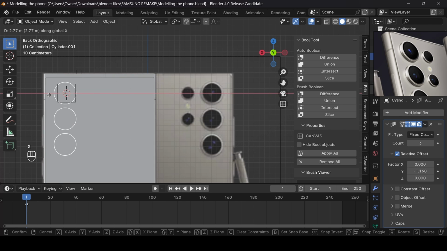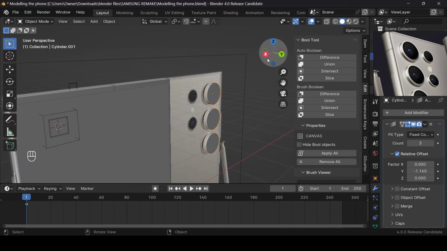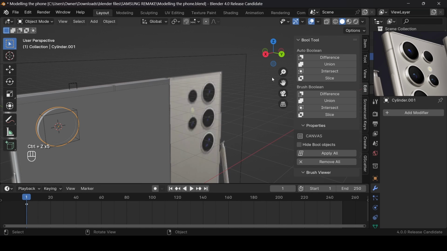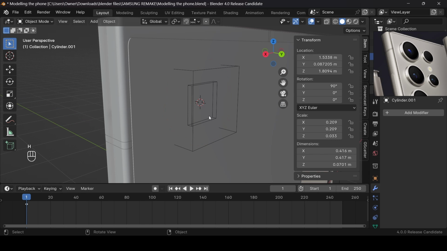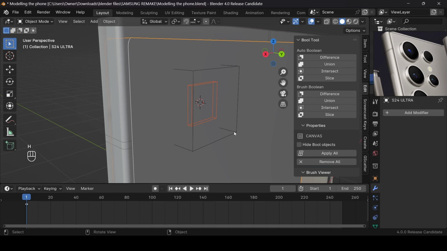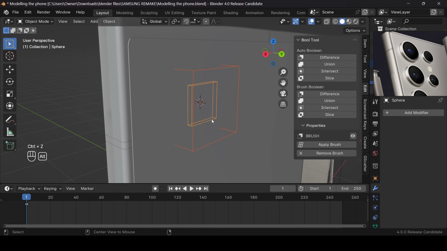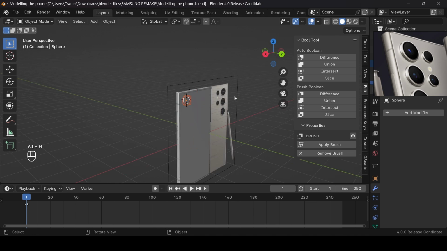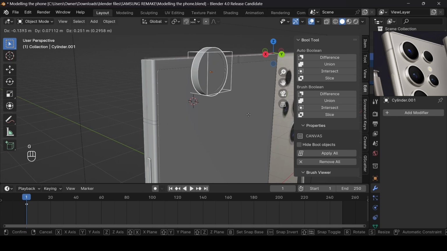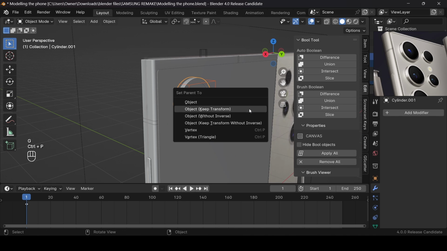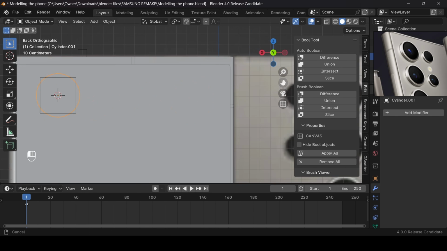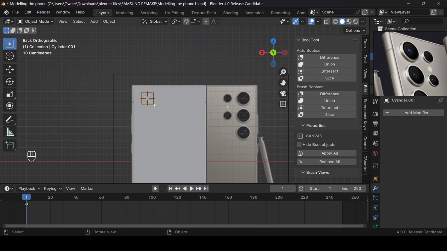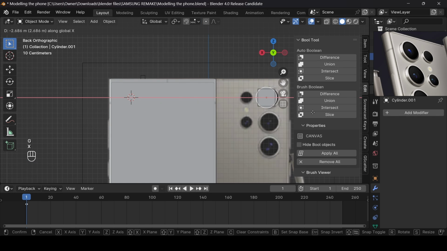Now you can see there's a problem because the cutters did not follow, and that's not nice, because in case an issue arises, you are going to have to use the cutter. So what I'll do is I'm going to press H to hide, then I'm going to select these cutters as well, then press Alt H to bring this back. Then I'm just going to shift click on this last, then I'm going to press Ctrl P, object keep transform, because just in case you want to apply difference again some other time, you're still going to have it available. Then I'm just going to press GX and move it